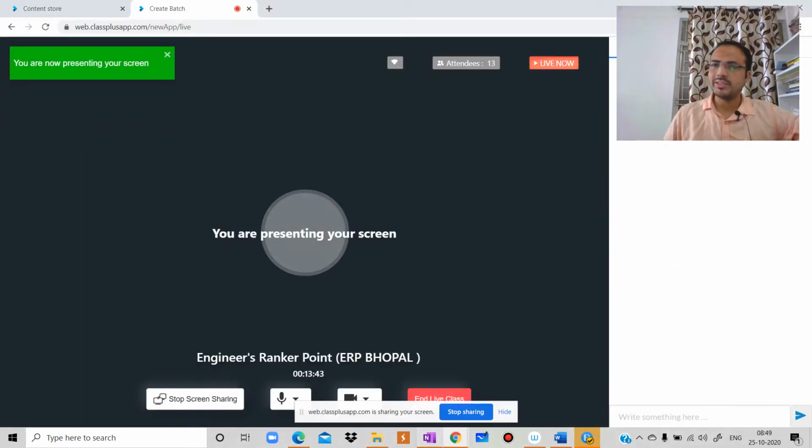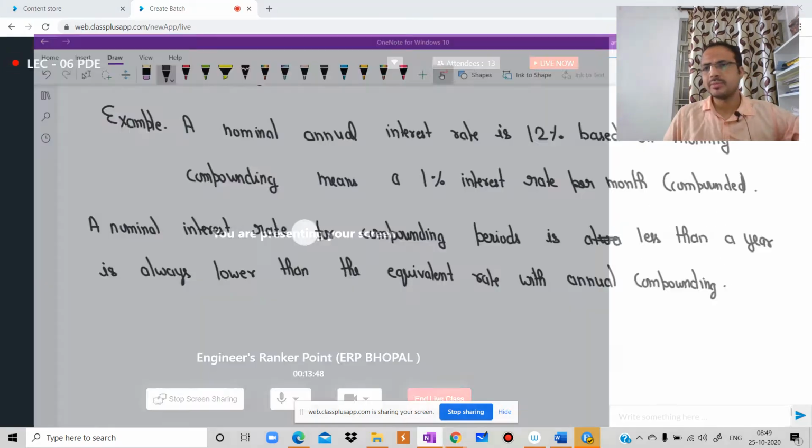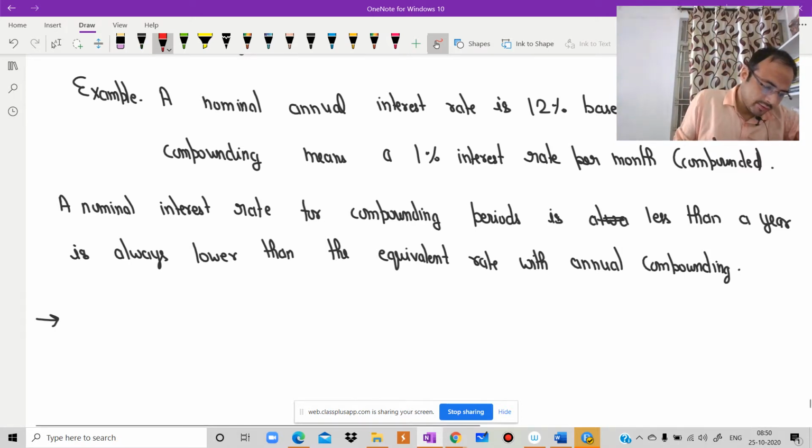In which condition will both be the same? I am asking a very simple question. Just try to think. Otherwise, students know only one formula and they are happy. You need to remember one more thing.